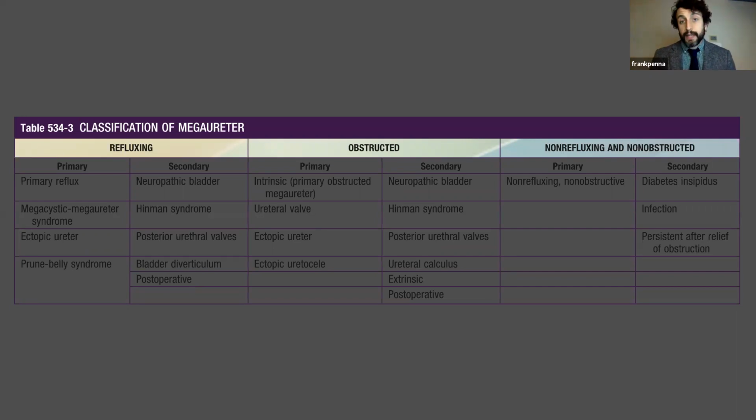Well, I think the last category, it could have been obstructed at one point, the obstruction resolved, but the ureter is still dilated. And that's how I explain that, essentially. And that kid doesn't really need anything except just periodic monitoring with ultrasound. But anyway, just to break it down, we don't have to go into all the specific conditions, but essentially,